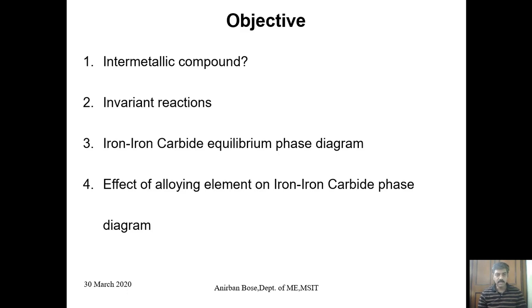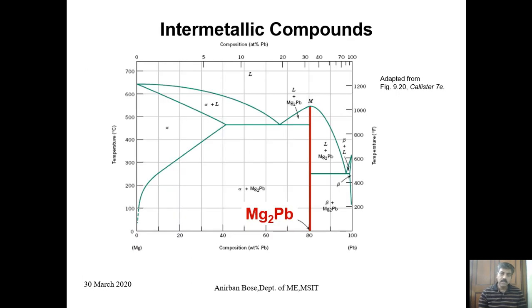So the objective of this lecture is that we will be introduced to the intermetallic compound. We'll see the different kinds of invariant reactions that we generally see in the iron carbide phase diagram, and then we'll see in detail and try to remember some of the important temperatures and compositions in the iron carbide equilibrium phase diagram, and finally we'll see what the effects of alloying components other than carbon in the steel are. Okay, so